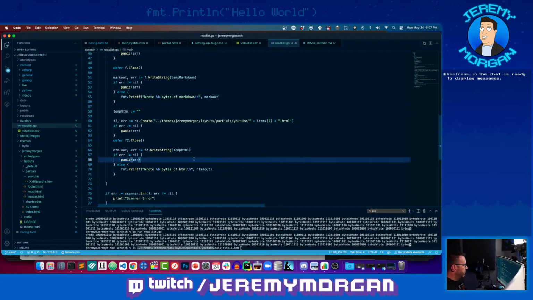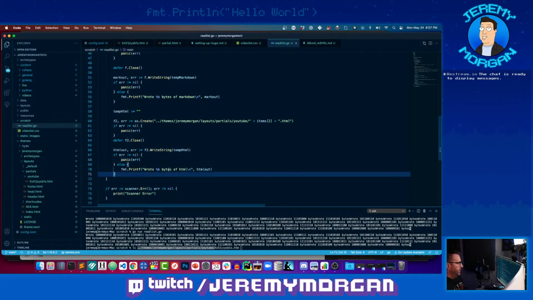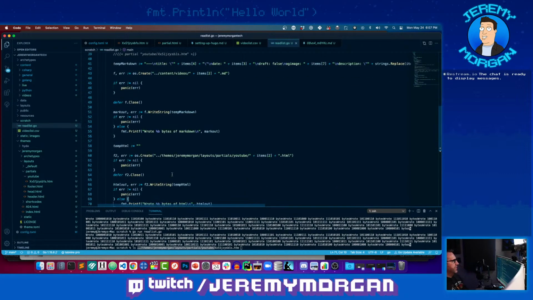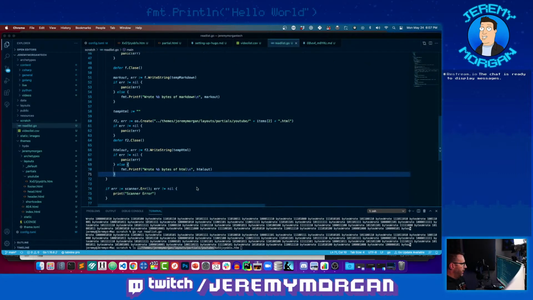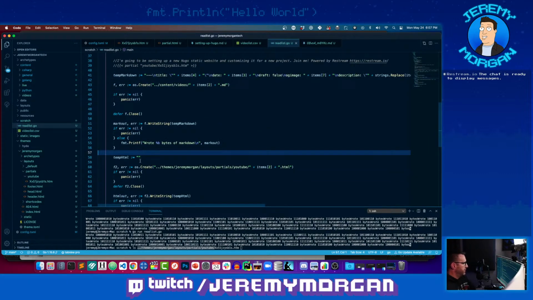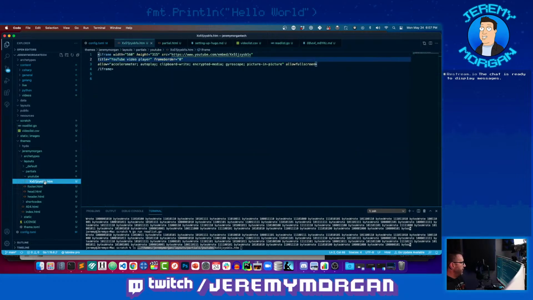Now we're starting to get a little more serious here. This code's getting a little bit bigger, and like I said, this is nothing you'll probably ever have to do with Hugo, but I've pushed Hugo to its absolute limits quite frequently this year, and this is one of the things that I enjoy doing. Instead of manually creating all of those pages, I want to automatically do it. So for temp HTML, we need this to be this. So we can just copy